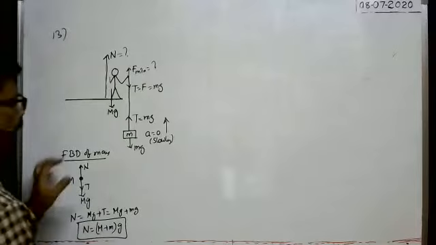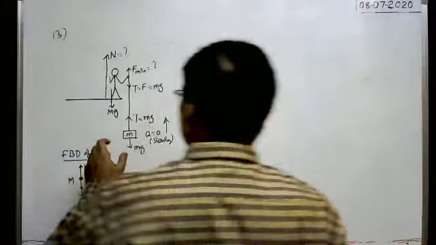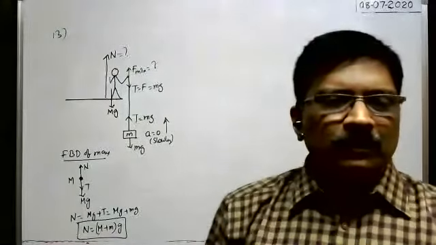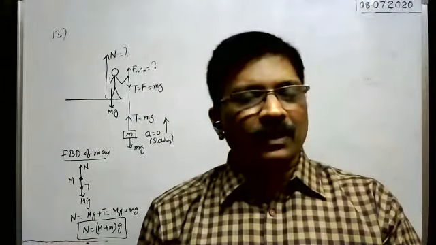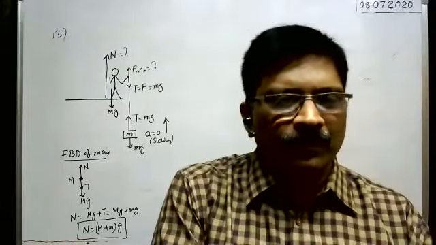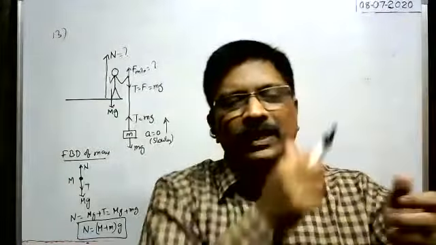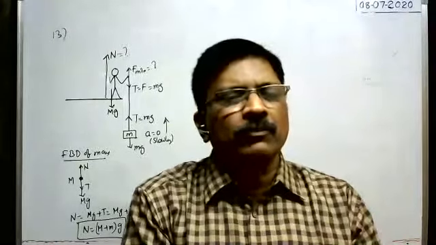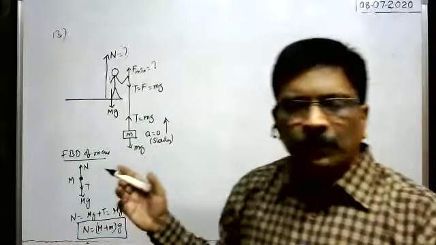Next, if the same block is lifted by means of a pulley, because the water in a bucket is pulling upwards directly from the well, or by means of a pulley we can pull like this. In which case it is easy to lift a bucket with water. That is the case.